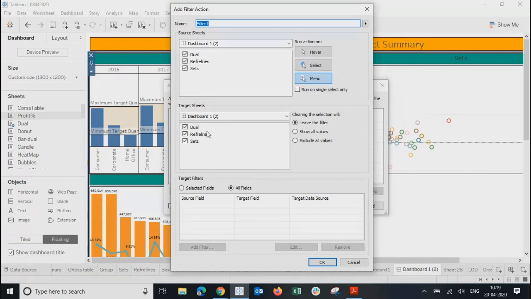Target sheet will be where you want that action to be taken, right? So like if you click on a button, the button will be somewhere else. If you click on that button, then the action happens and you get navigated to some other place, right? So this is the place where your button is, which means source sheet, and this is the page where you get navigated to, which means it is a target sheet, right? So I'll simply say product filter right now,